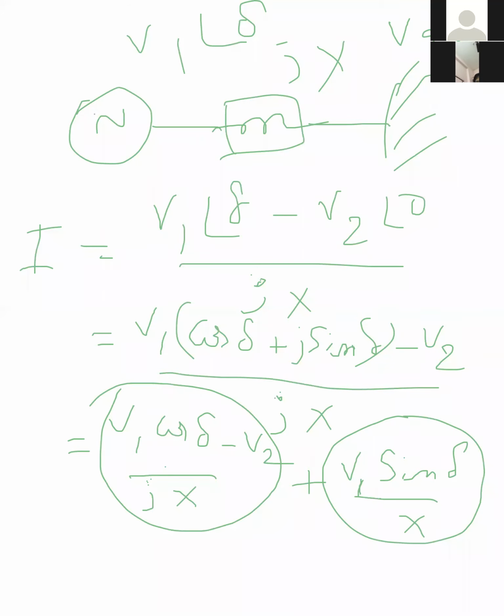So how do you calculate real power? Again, just by multiplying. For example, at V2, we multiply this component with V2 at an angle 0, that is V2 into V1 sin delta by X. So the real power is V1 V2 by X into sin delta. That's all. That is the simple derivation for power.